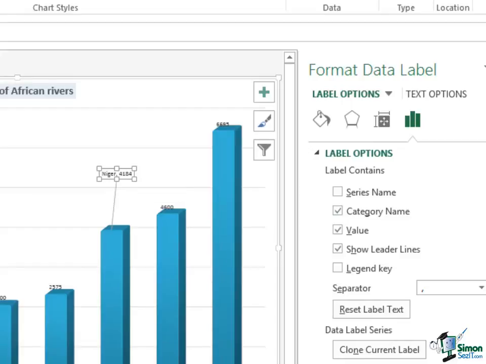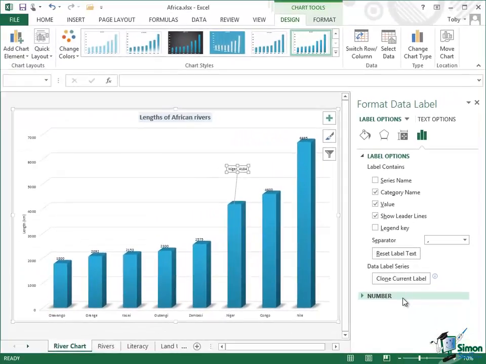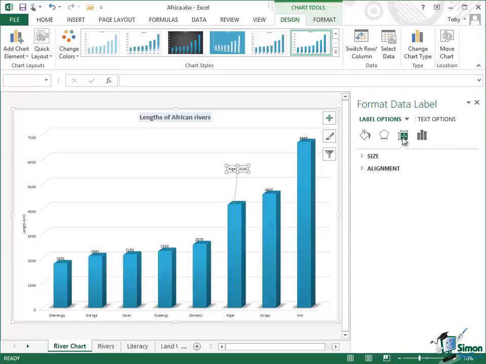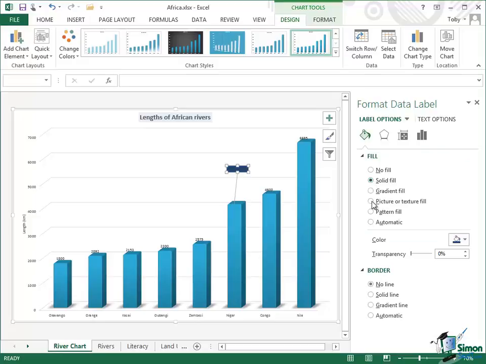So you can see the level of flexibility you get when you're formatting even something like data labels in Excel 2013. Now you've got all these other options. I'm not going to go into them now. You can change the size. You can set these effects like shadow and glow. You can set the fill. You can say whether the labels have got lines around them or not. So I could go for solid fill on the label. I could choose a nice light color, etc. So there are many things you can do with every one of these potential elements that you can add to